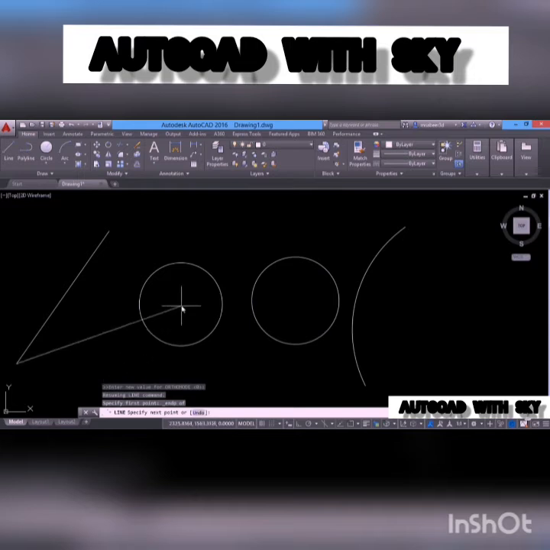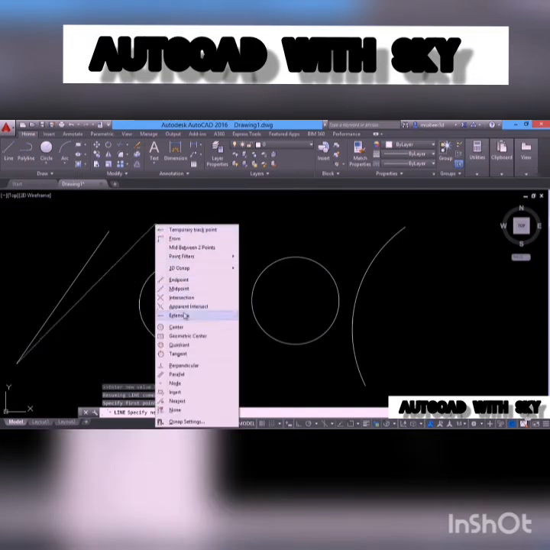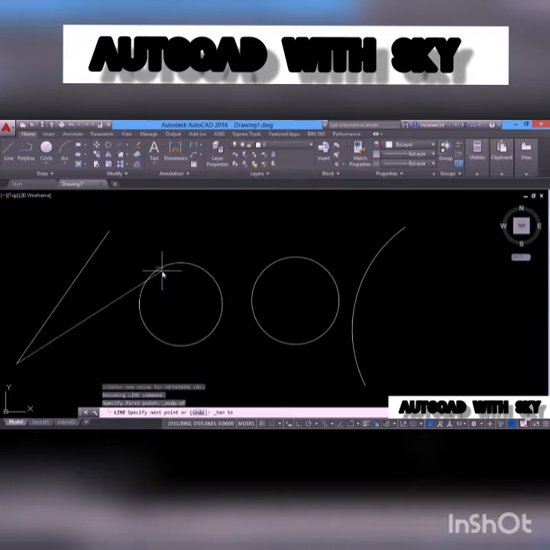Now I would like to draw a tangent to this circle. So shift right click, you can take tangent, and I'll keep the cursor on the periphery of the circle, and it has got the tangent. You can also access the OSNAP in normal mode by inputting the first 3 letters using the keyboard. Suppose if you want to draw a line to the center of the circle, you can type CEN for center. Now it has got the center point.